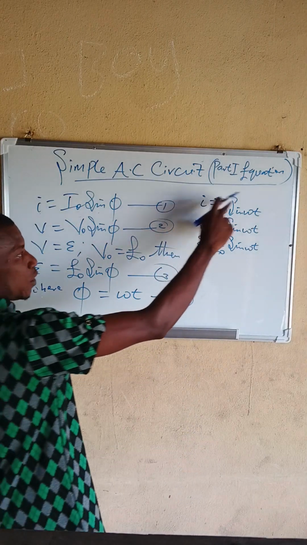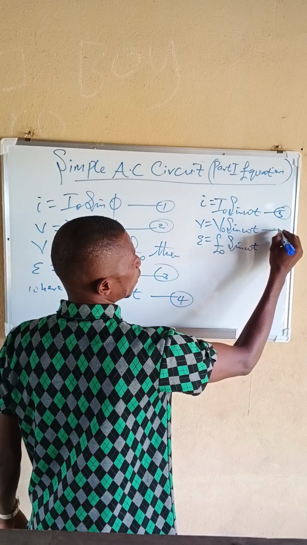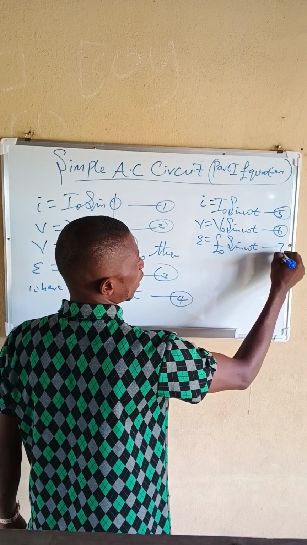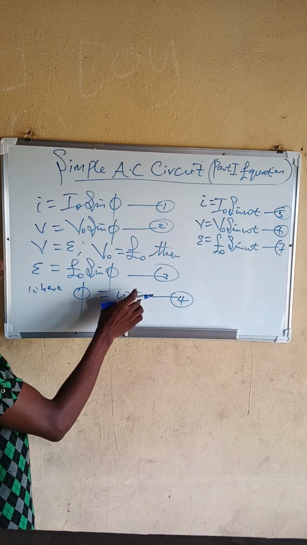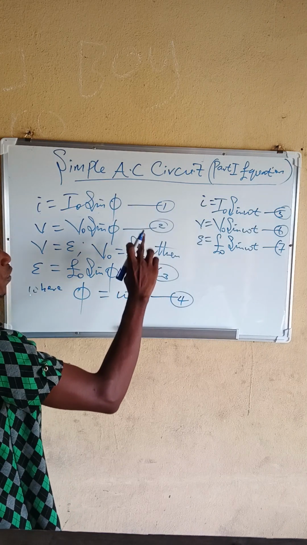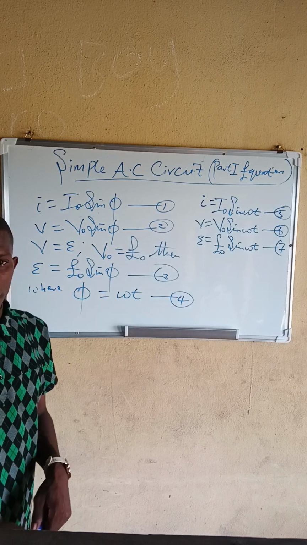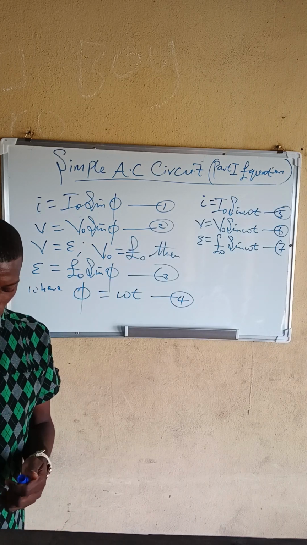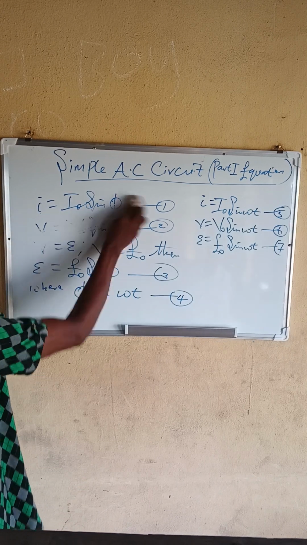I can call this equation 5. I can call this equation 6 and equation 7. So having substituted this into these equations, I will now be able to generate equation 5, equation 6, and equation 7. So I can now say